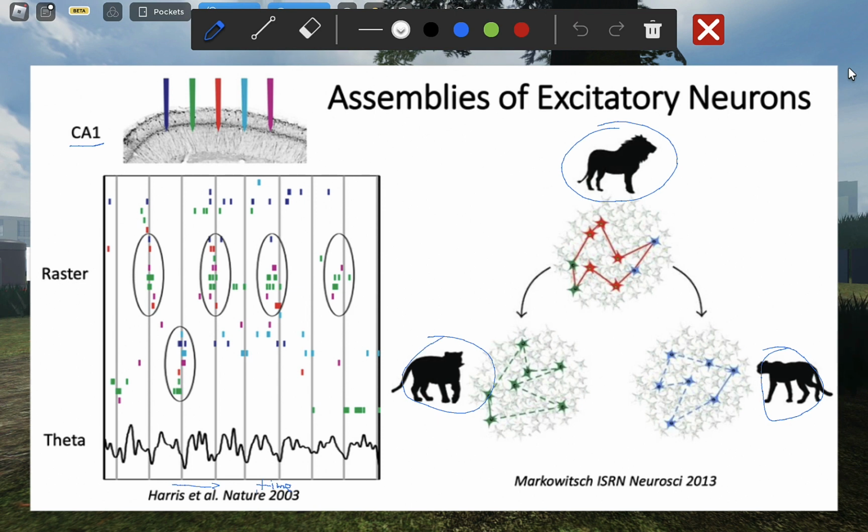And to the extent that they have similarities with one another in terms of the identities of these neurons here, for example, they might share some coding, some features of both the tiger and the lion, whereas these ones on the right side, those particular neurons might share some information or some coding of both the leopard and the lion. And so there is this interesting mix between continuous and discrete, approximately continuous, but very much discrete groups or assemblies of neurons which collaboratively encode information, and they're spread